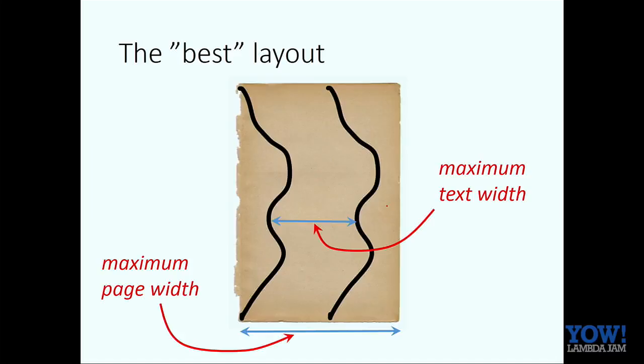And I had a little heuristic that, first of all, tries to choose a layout that stays within the paper width. But it turns out that if your entire code fits on one line and 80 characters, that's usually not the prettiest layout. And so I also used a heuristic that tried to limit the width of each line of text as well. So I had a lot of fun designing this library.